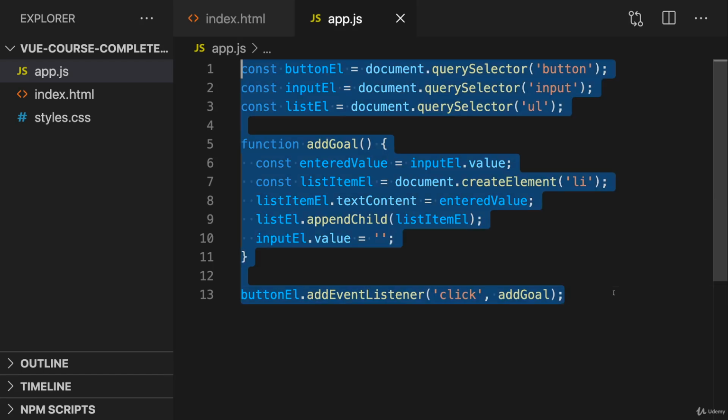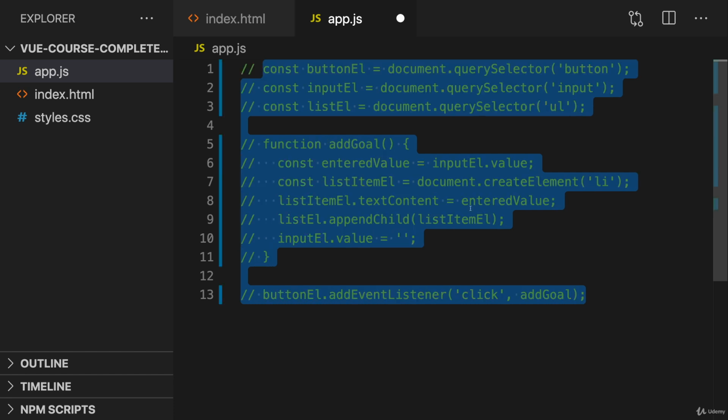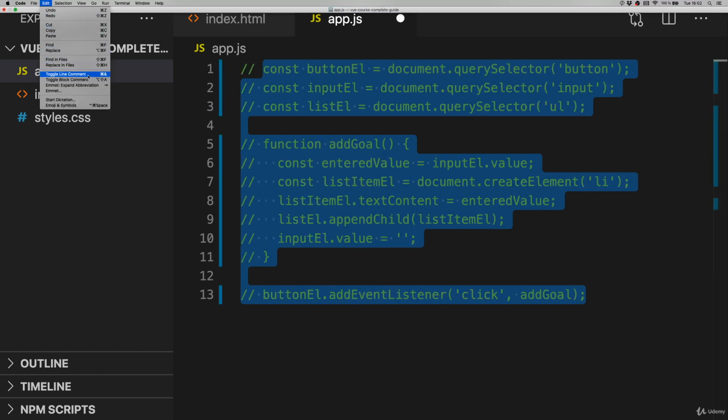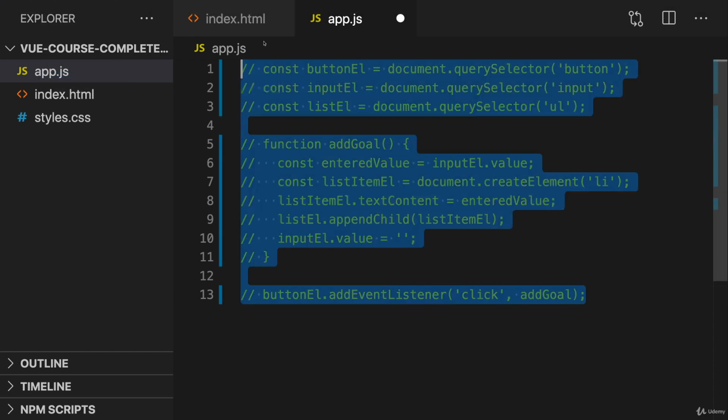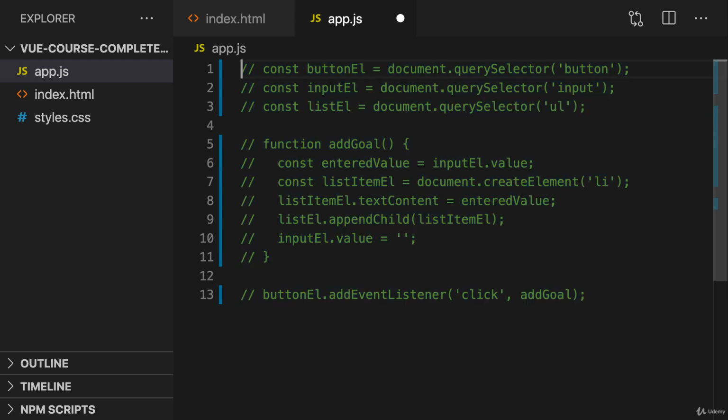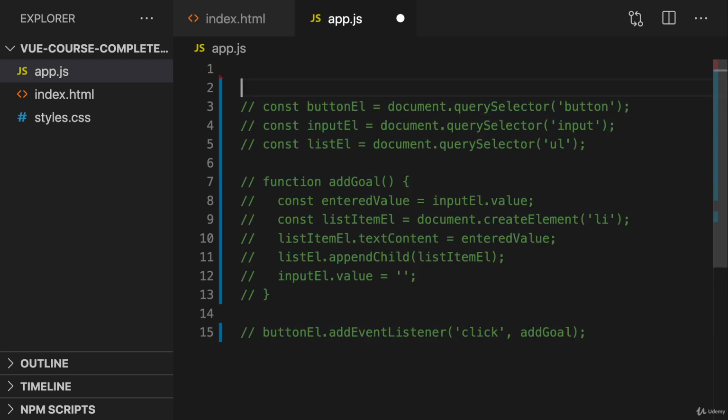So in order to switch to Vue, I will mark all that code and comment it out, which you can do by selecting this all and then going to edit and then toggle line or block comment. I used line comment here. So now this code will not have any effect anymore. I'm not deleting it so that we can still see it and compare it,